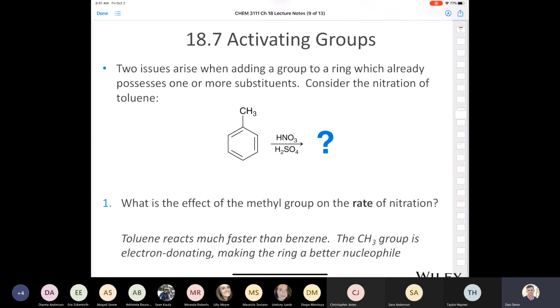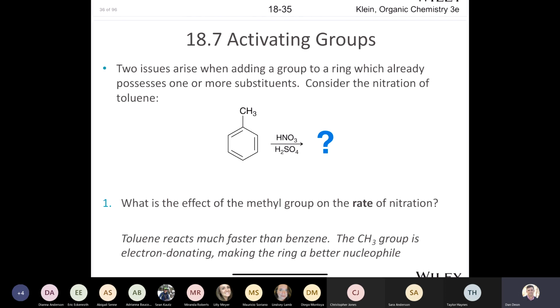Right. So this is where I wanted to start today, talking about activating groups. Now, we spent a lot of time last class talking about different reactions. We talked about nitration, sulfonation, and halogenation, being bromination and chlorination. We also talked about Friedel-Crafts reactions. So we talked about Friedel-Crafts alkylation, then Friedel-Crafts acylation, and we learned the Clemmensen reduction for reducing